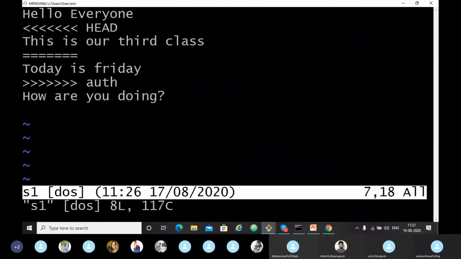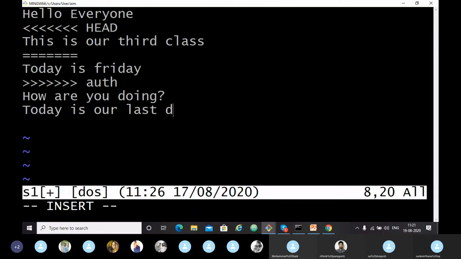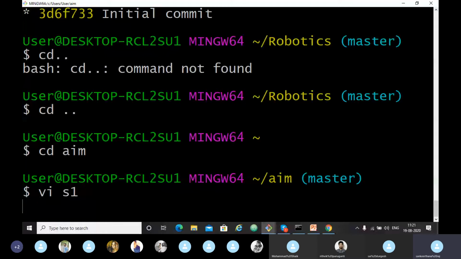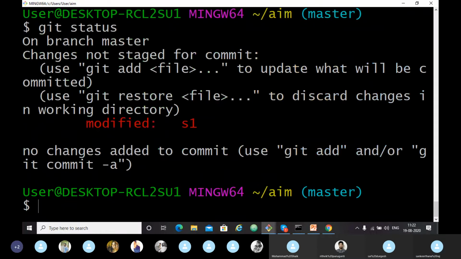If I save and exit, now I want to push this change into my GitHub repository. First, let me see git status. Here you can see on the branch master, we have modified the S1 file. You need to commit it first.